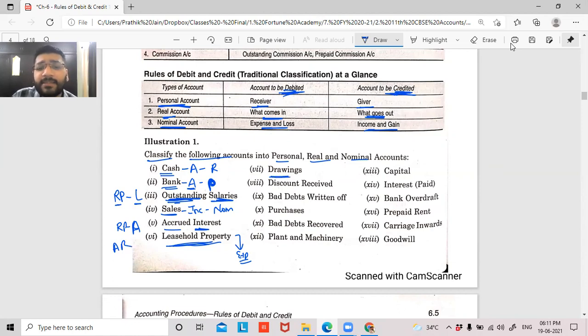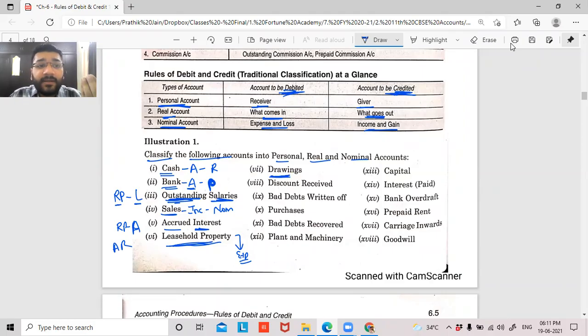Now, guys, drawings. Is drawings really an expense? What is the meaning of drawings? Drawing is the money taken from the capital for personal use. Basically the owner is not having sufficient money at home, so he urgently needs money for a personal purpose. He withdraws the money from the business and gives it to his home. That is called drawing. That is not an expenditure of the business. The money which the owner gave to the business is being taken back. Will you classify that as an expense? No. That is something belonging to the owner.